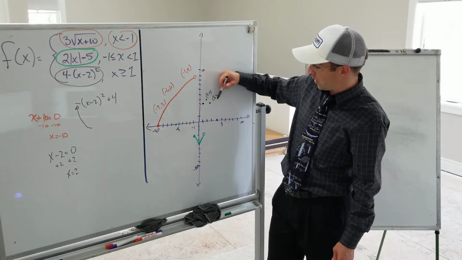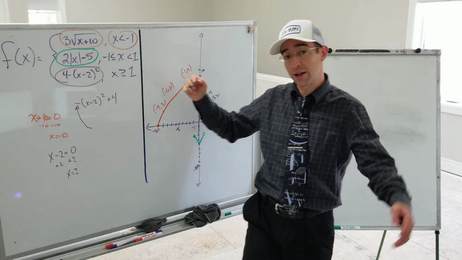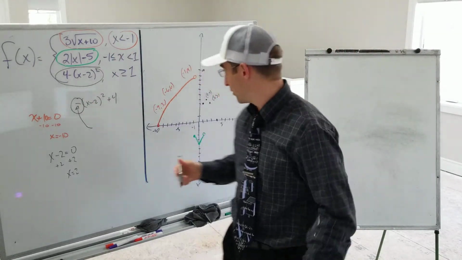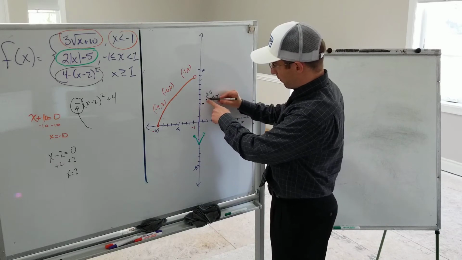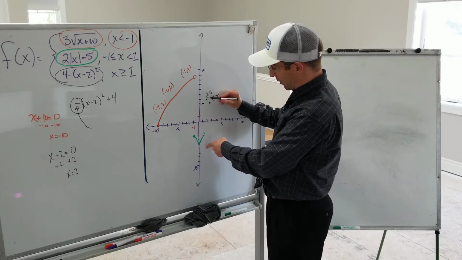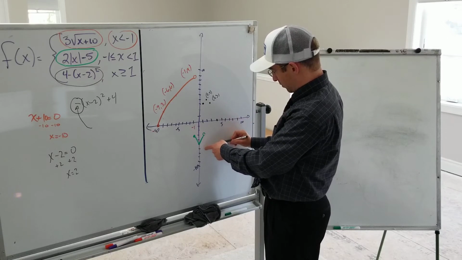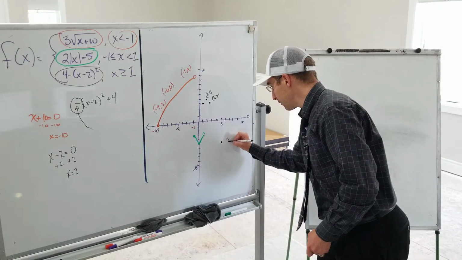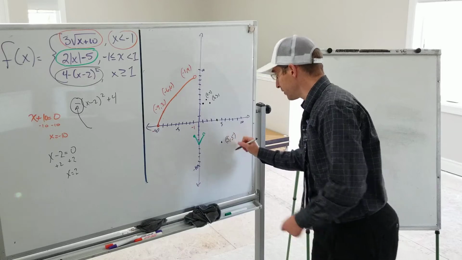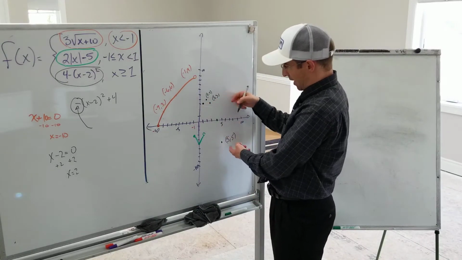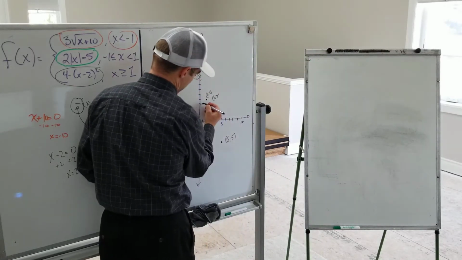If I go 3 away from the vertex, normally I go up 9, but because of this reflection I'm going to go down 9. So from 4, I go down 9 to get down to -5, and 3 to the right would be about here, something like that at 5, -5. So from here to here, I've gone right 3 and down 9. And I'm just going to sketch in my curve